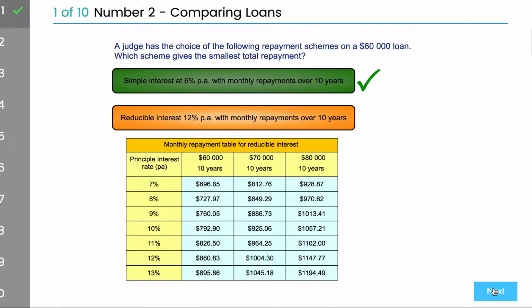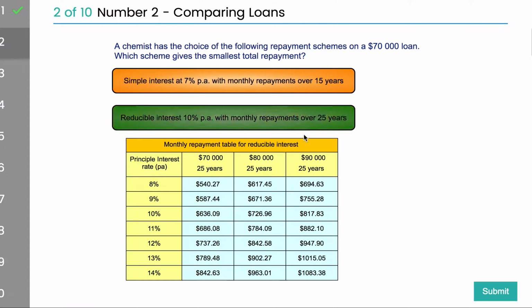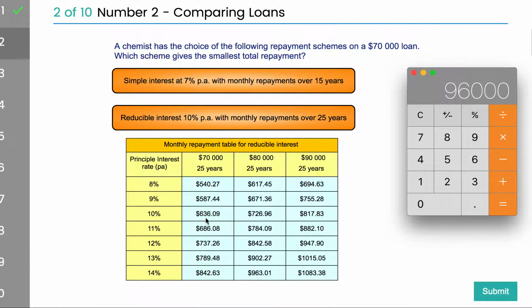Let's do that a couple more times so you can get the handle of that calculation. The reducible interest one is this table, remember. It's a 10% rate, here's 10%, repaying a $70,000 loan. So a $70,000 loan at 10% is that amount monthly, every month, for 25 years this time. So it's a long loan. So let's look at that. The monthly amount was